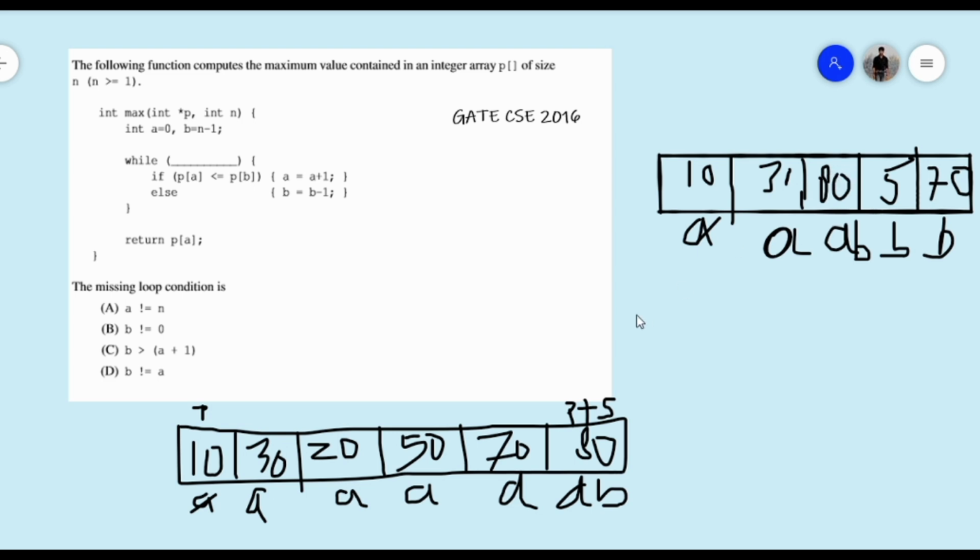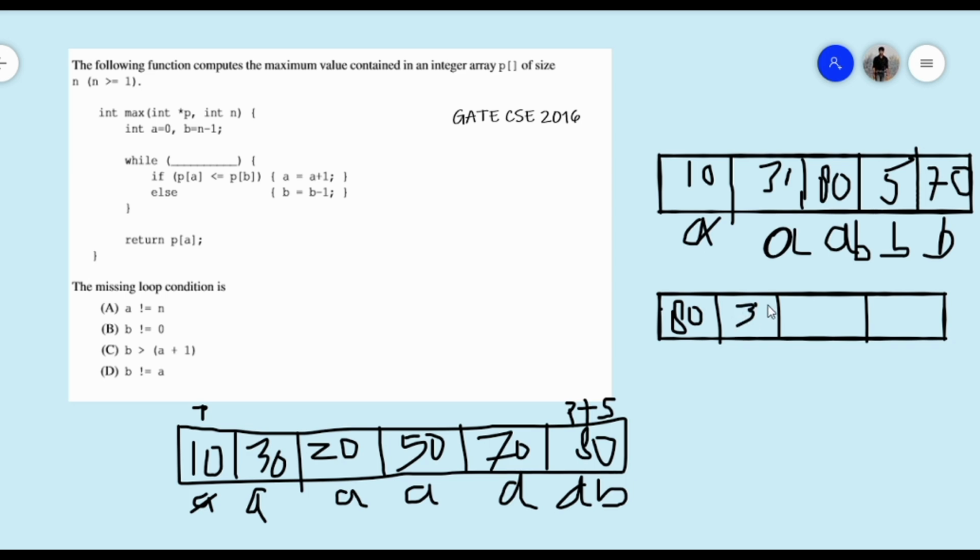Suppose we have our maximum element at the first index. Say we have 80 here, 30 here, 20 here and 5 here, and we have A here and B here.